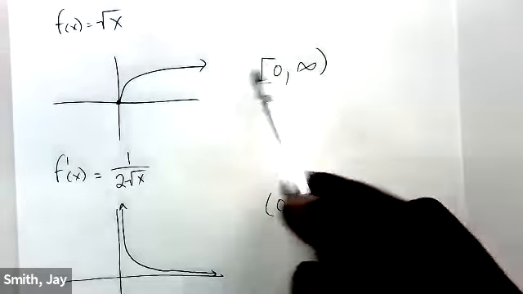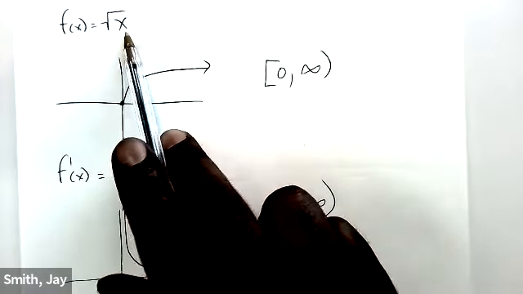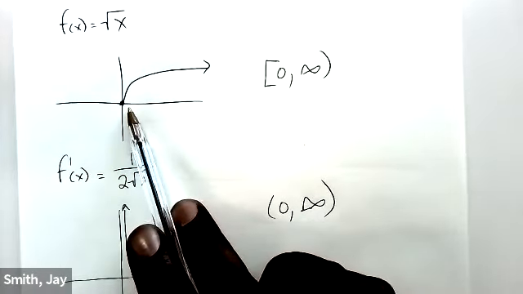Say it again. Here, we can take the square root of 0. The square root of 0 is 0. That's a real number. It's a part of our domain. We can evaluate it. But the graph of this